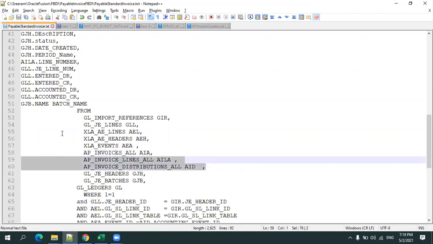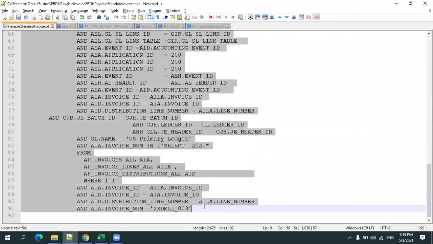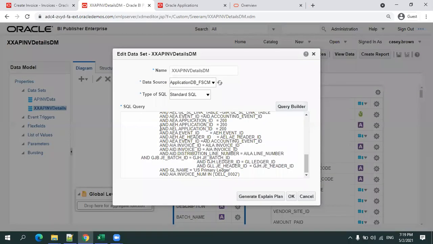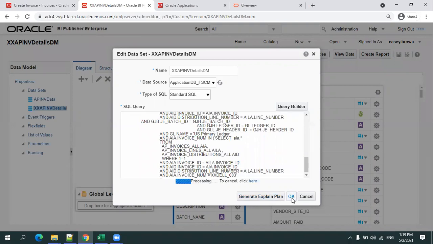Apart from that, I joined the XLA table, nothing but the subledger accounting table, and the GL tables, which have your general ledger information, right? I did a distinct because I was getting some duplicates. Maybe there could be some join missing. So for temporary purposes, I simply did a distinct. But in real time, it is always better to find out where you have the issue. I'll just click on OK here.